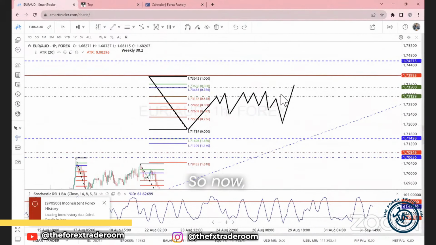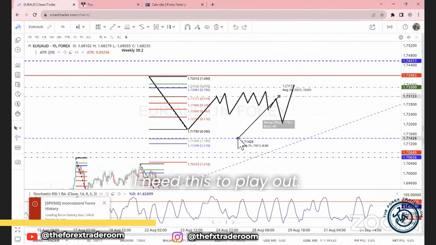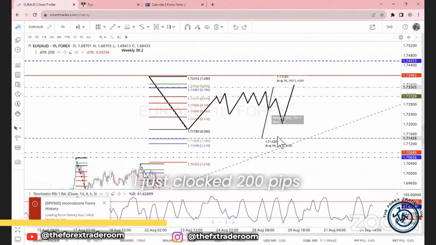So now, off the 61.8 trade, yes, I have drawdown. Do I care? No. Why don't I care, Benny? Because I already have a stop in place and I know that that stop represents a 0.25%, 0.5%, 1%. I was comfortable with that before I even took the trade. So I don't care if it dances around or if it goes in a drawdown. Ultimately I need this to play out. So that's 170 pips off the 61.8, even after a drawdown. And if it catches my 786 trade, guess what? I just clocked 200 pips on that 786 trade.